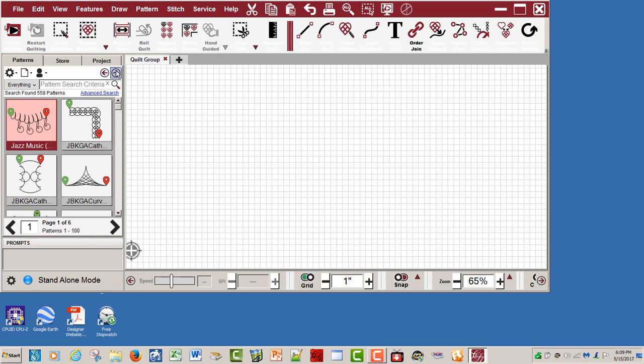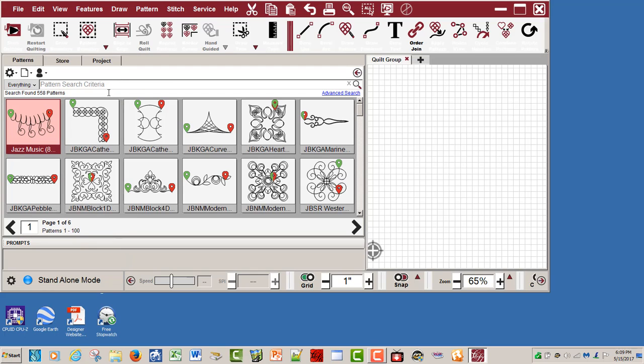okay, up here when you bring this up, you have two columns of patterns. You have this left arrow and the right arrow. If you click the right arrow, it will expand to give you 6 patterns in a row. So here's what I tried. I tried selecting this first pattern